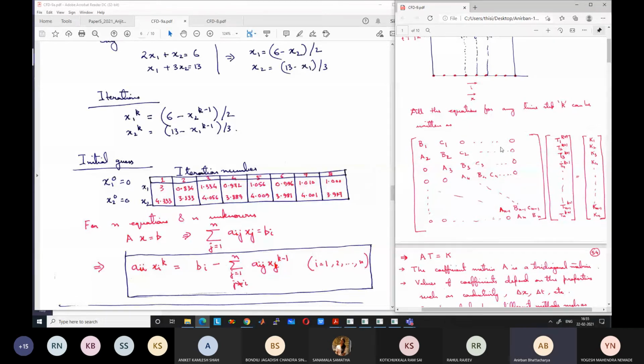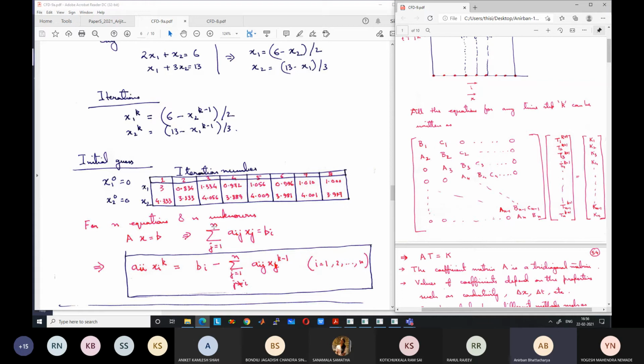Okay, and for this case j is the vertical index. So Aij means, if this is the first one, this into this plus this into this plus this into this, fourth value into this value is equal to this first value k1. So b1 t1 plus c1 t2 plus 0 t3 plus 0 t4, whatever is the value, is equal to k1. Okay, so this is the form of the ith equation.